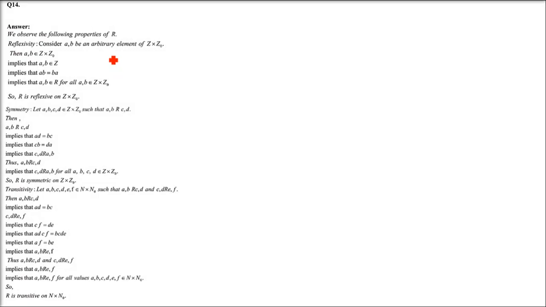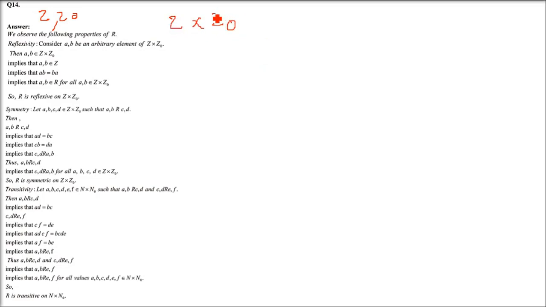Now question number 14. There is a slightly confusing question here because the set is slightly changed. Just to make sure that nothing goes wrong, there are two sets, Z and Z0. Z is the set of integers and Z0 is the set of all non-zero integers. Z is an integer. Z0 is just an integer that is not 0.